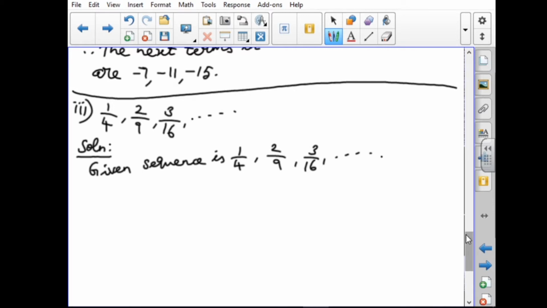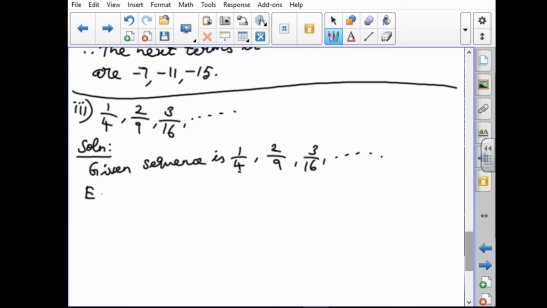We have to see here. The numerator is fully coming what numbers? Natural numbers. The denominator is coming what? The next numerator is what? 2. We have to do the square, means we are getting that what? 4. 3 means we are getting the square is what? 9. So the next number will be coming 4. 4 square is 16. Like that we have to find the answer. So you have to write like this.